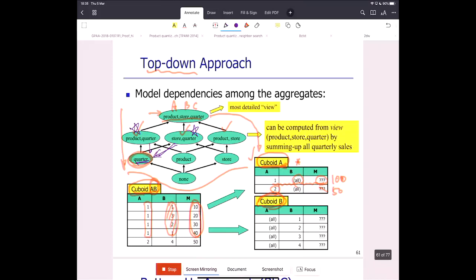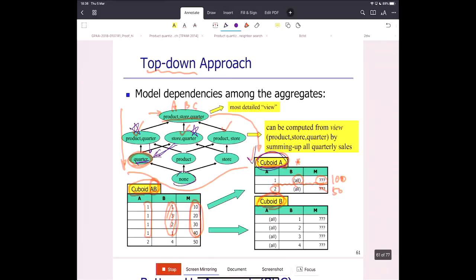But they all follow the idea that you need to start from the fine-granularity cuboid, then gradually do the aggregation, because each and every cuboid at the bottom is at a finer granularity, because you get rid of some of the dimensions. Okay, so it seems like this is very natural, and you can convince yourself that if you calculate cuboid A